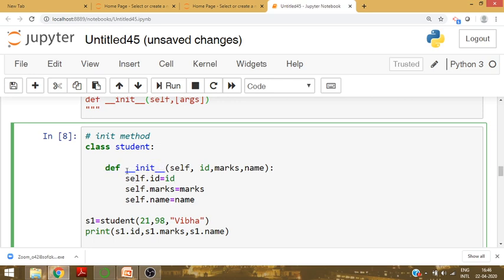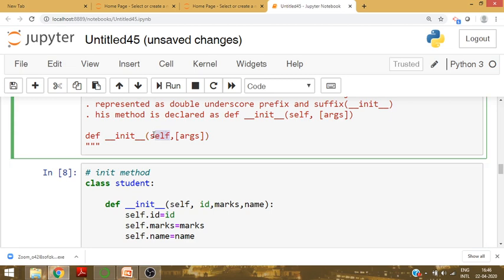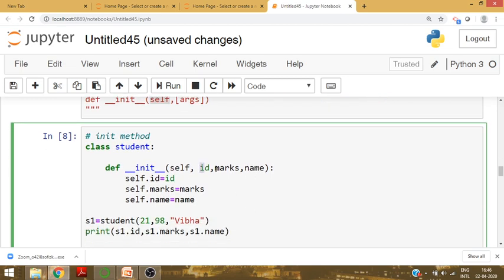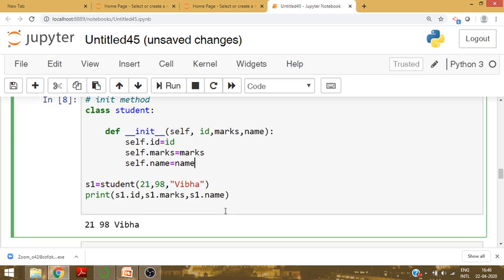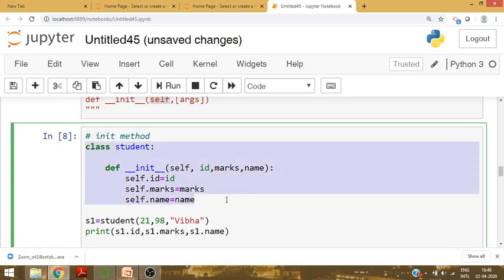Name of the function is __init__, and in parenthesis self and optional arguments. Optional arguments are id, marks and name. Next compulsory step is self.id = id, self.marks = marks, self.name = name.